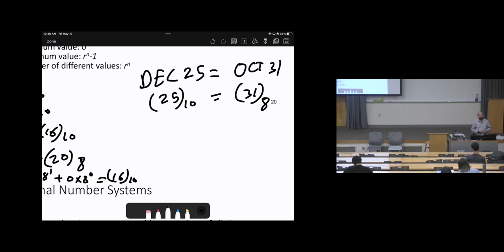Don't play with the 25, play with the 31, using the radix representation. Okay, when you try it,